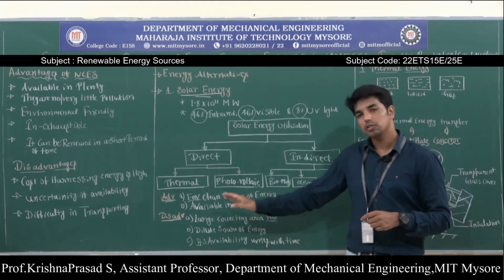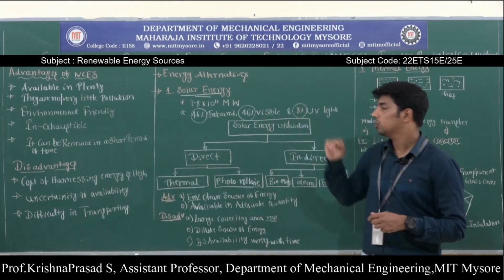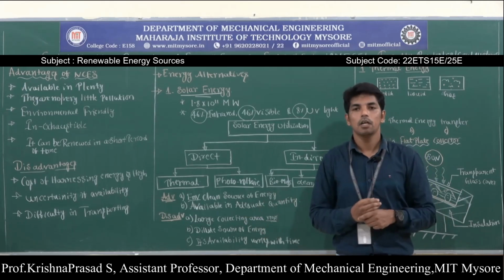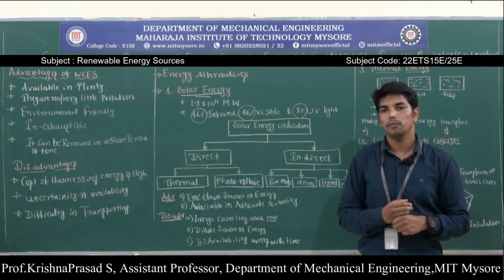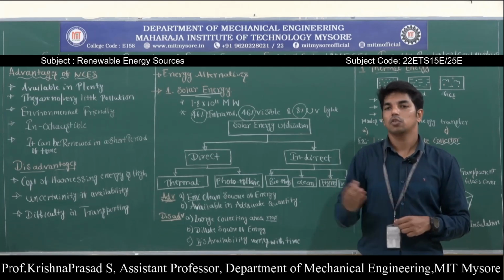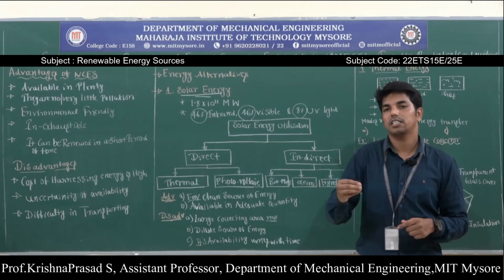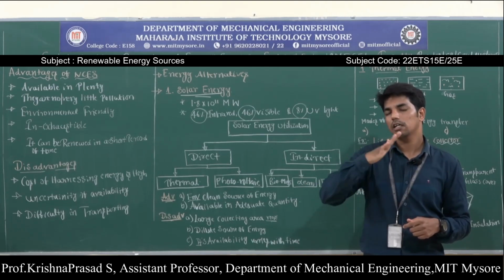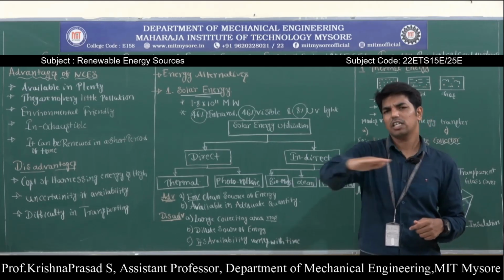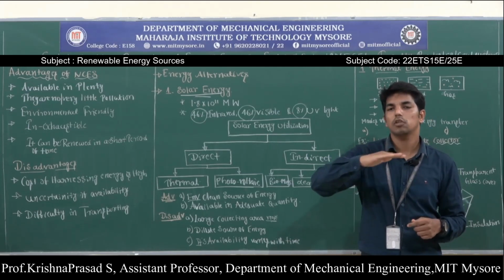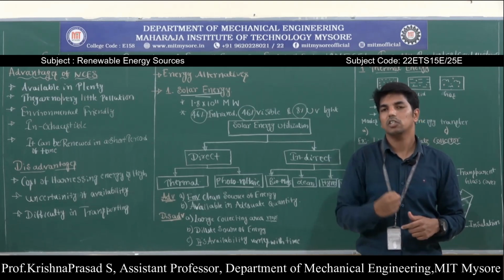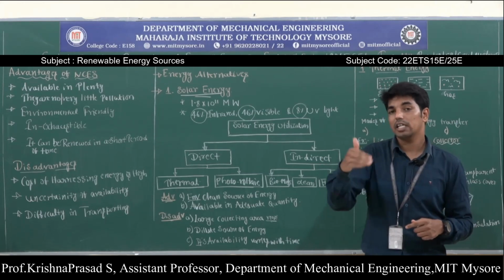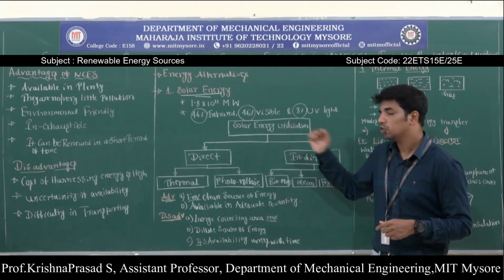Next, there are also some disadvantages in the case of solar energy utilization. The very first is that large collecting areas are required. In order to harness solar energy for useful purposes, large collecting areas are required, so that increases the cost in many applications. Generally we see in transport applications that they usually keep very large collecting areas like solar cells and solar panels. These solar panels absorb the solar radiation and convert it into electricity. So that increases the cost of utilization of solar energy.